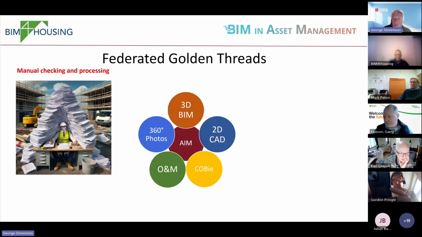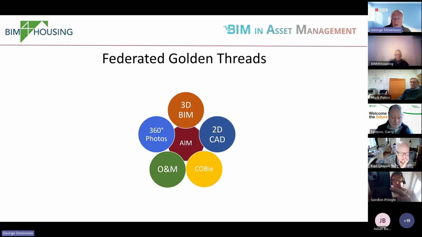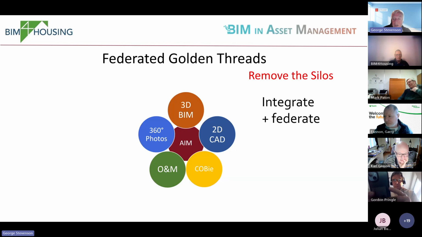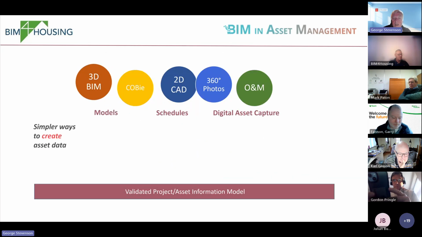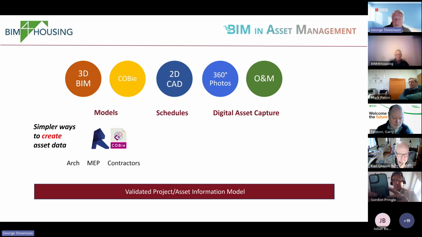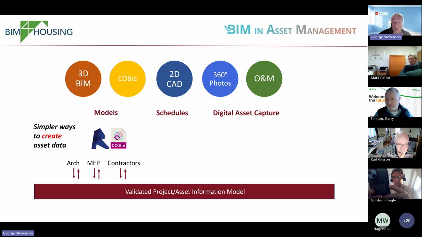So what we're trying to do is to make it so that we can reuse that information that's been collected for good purposes, and then make it so that it can be fully auditable and connected. And a way of doing that is to be able to take the model information, if you've got it, and then bring that together into an environment. But where, for example, information, as we were talking about this morning on the